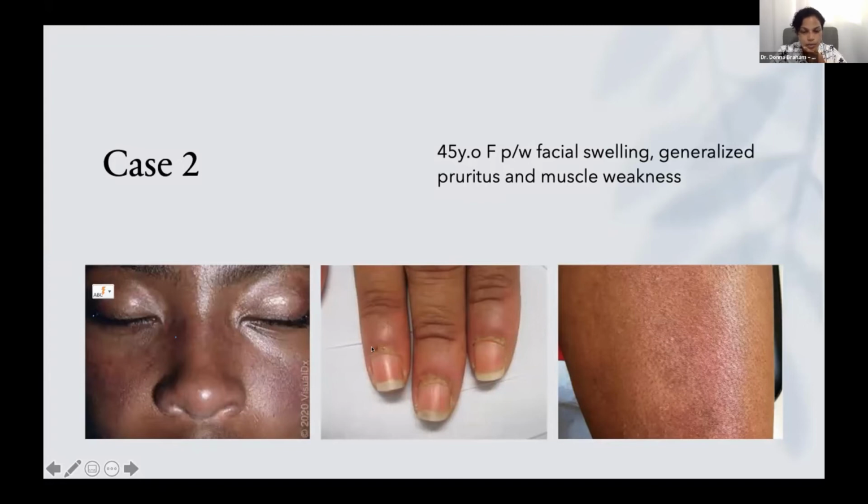Can you appreciate also this nail fold erythema that is there, and very ragged cuticles? What you can also get with this condition is hyperkeratosis and scaling and fissuring towards the lateral aspect of the fingers, as well as onto the volar aspect of the wrist, which is considered as mechanic hands. You can get that with this.